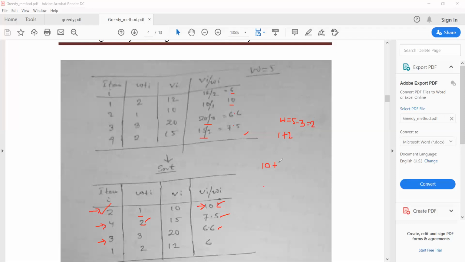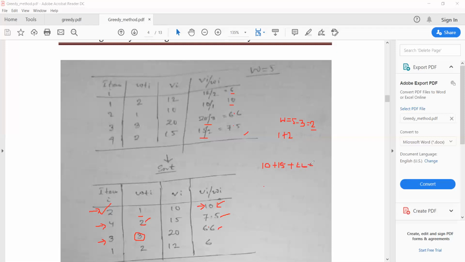Now you can have the maximum solution as 15, 5, 1, 5. Now you have two units of remaining weight, so you can't take the entire amount of the item. So you should take a fraction. What fraction are you going to take? The fraction is 2. So that is 6.2 into 2. 6.2 is the unit profit you will earn, and you are going to take 2.